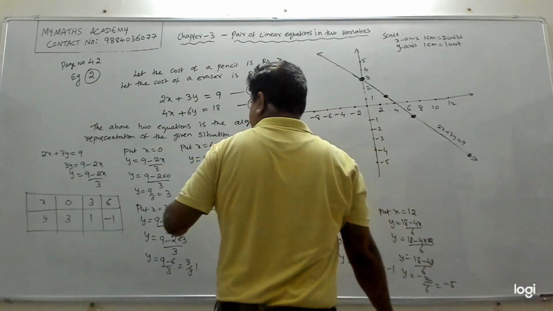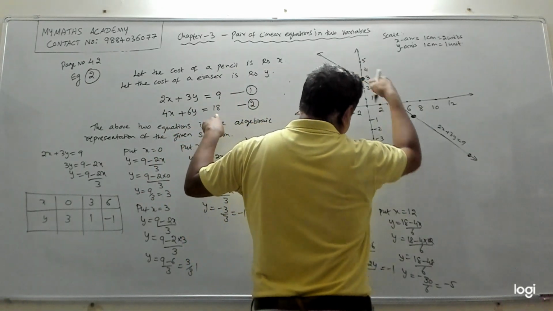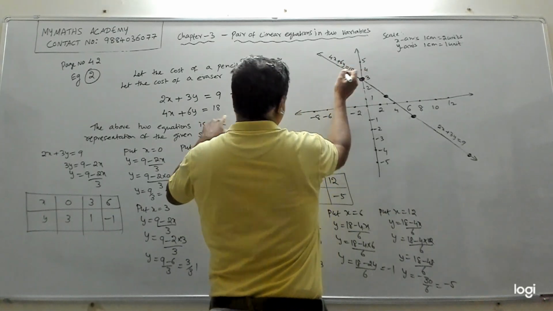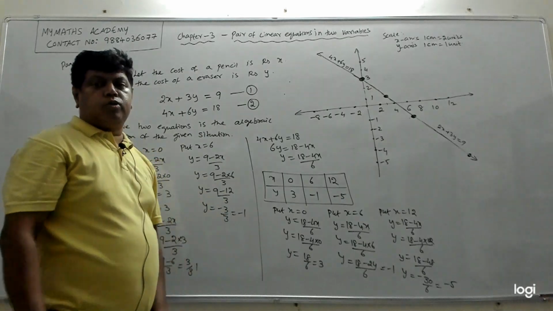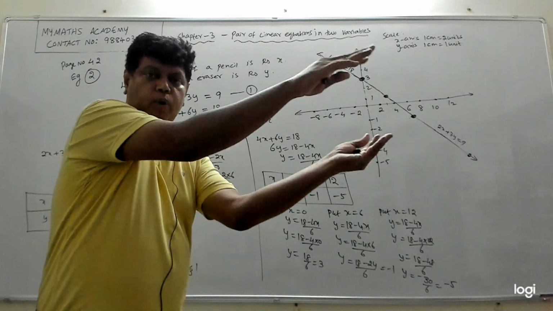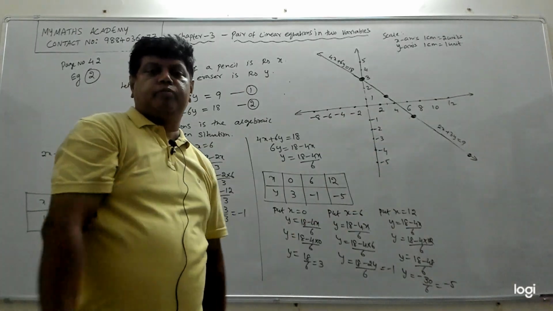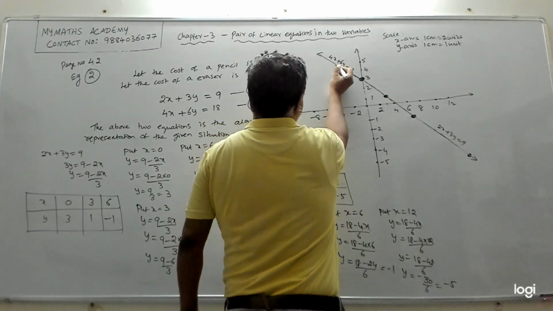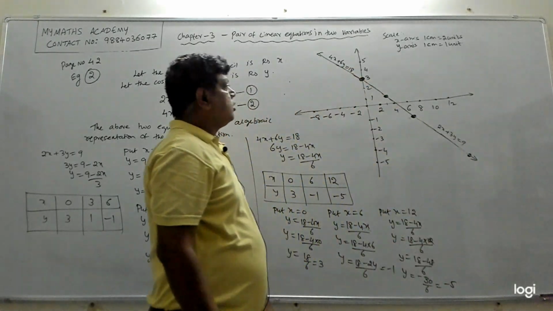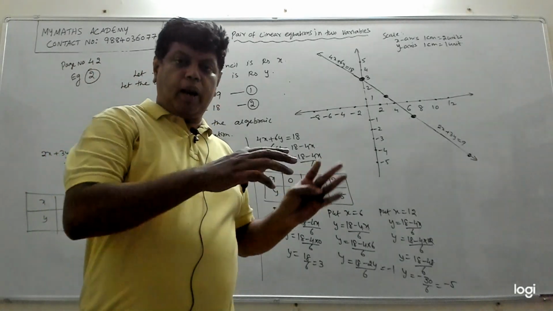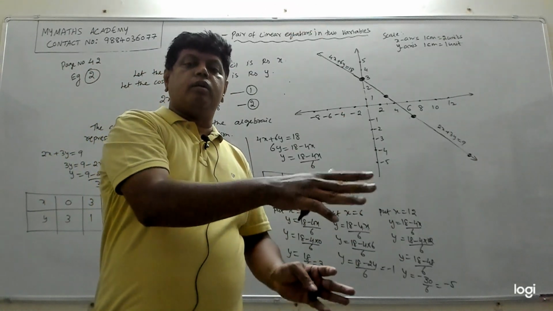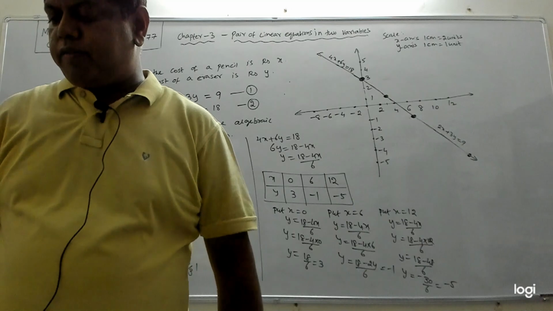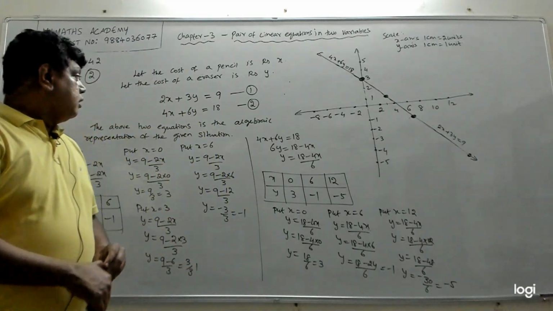So for the second equation, which is 4x plus 6y equal to 18, it is the same line that is coming again. So here we don't have two separate lines. There are two lines, but one is on the other. They coincide. Clear? So it may look like one line, but another line is on the first line. The second line is on the first line. They coincide. So this is how you draw the graph for these two equations.